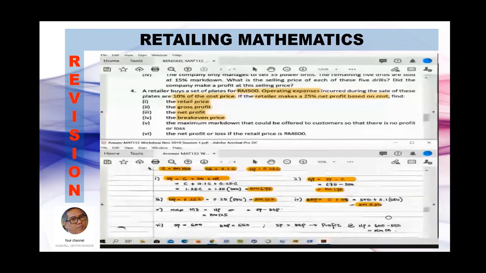Okay, the fifth one asks you to find the maximum markdown. Okay, bila jawab untuk maximum markdown ni kena